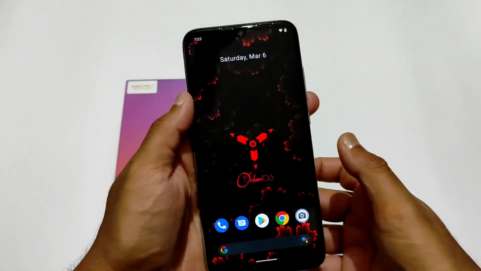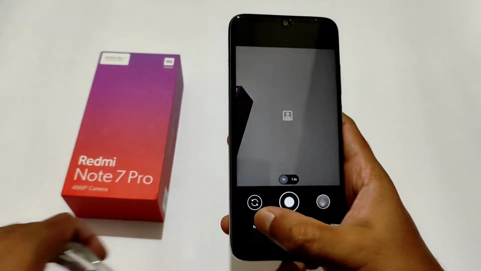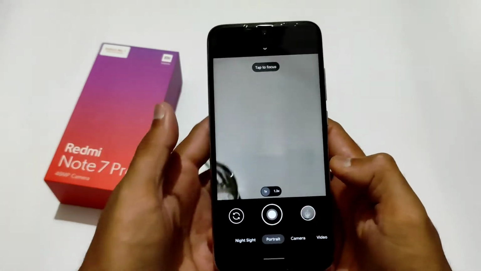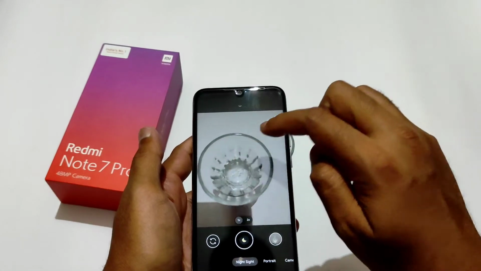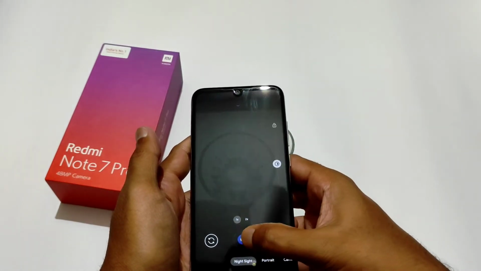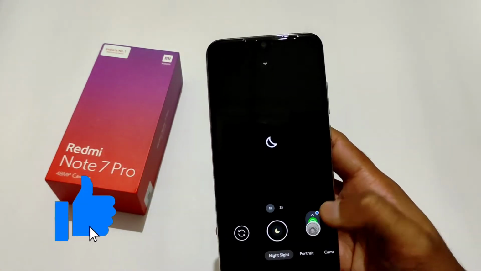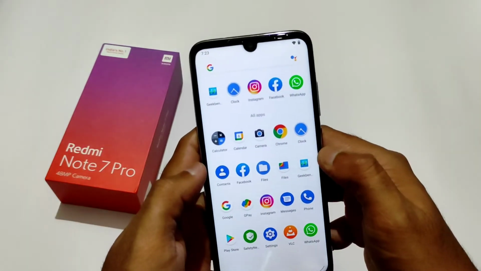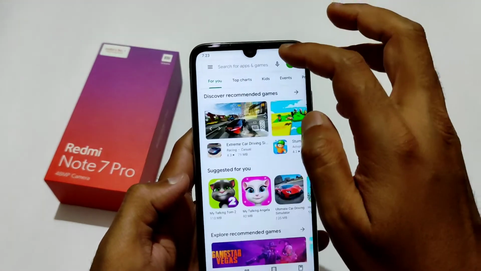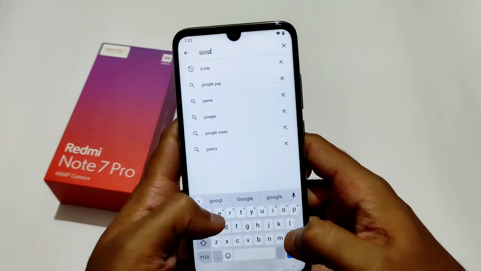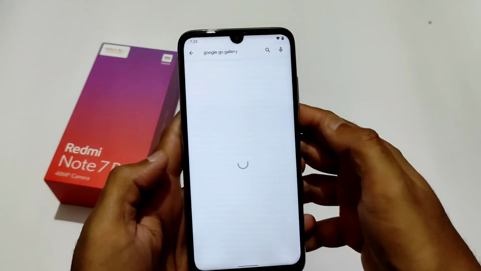Let me go to night sight and take a photo. As you can see, this is the Nikita Gcam you get directly with this ROM. If you want, you can install the 7.4 Arnow 8.1 anyhow. It's still not working in Android 11. As you can see, you'll get this kind of thing. Let me install the Google Go Gallery, then only I will get the image of the Gcam captured.